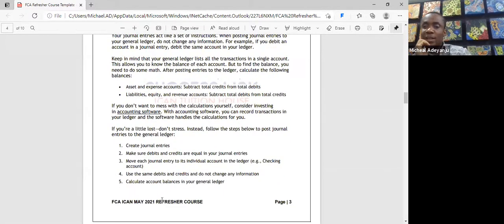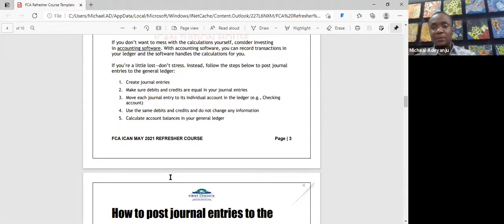If you don't want to mess with your calculation yourself, consider investing in accounting software. But that is for people that are working, for people like us. Unfortunately for you, there's no accounting software with ICAN, so you have to use your calculator. Consider yourself lucky. Anyway,